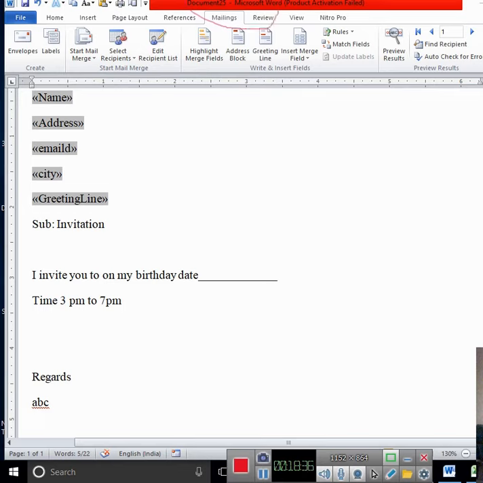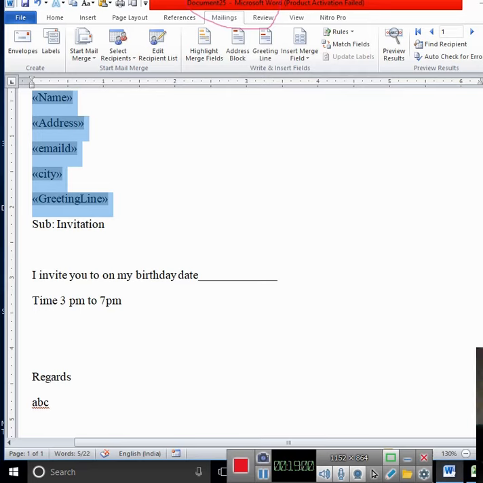Another one is address list. Combine it, this list, in a single file. Finish and merge. There are 3 options showing it: edit individual document, print, and send email message. For email, we have to configure Outlook, so we will not go for this.